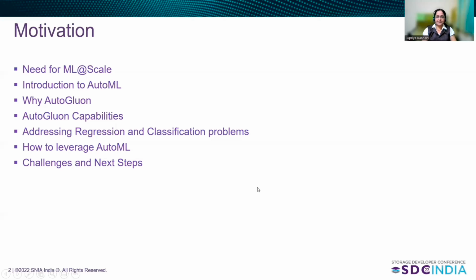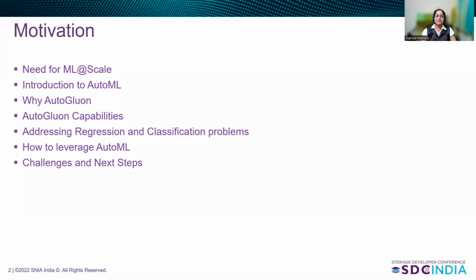Going to the agenda. We will first discuss the need for ML at scale. Then we will take you through the introduction to automated machine learning. Automated machine learning has different implementations, and from those we have chosen AutoGluon. We will explain why we chose AutoGluon for our trials, discuss its capabilities, and then look at the different problems, classification and regression problems, that we tried to solve